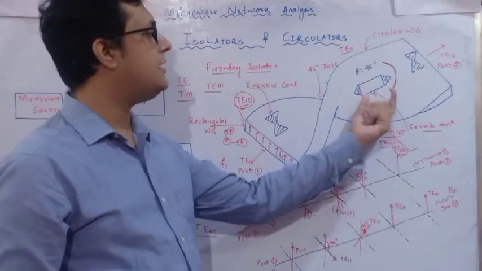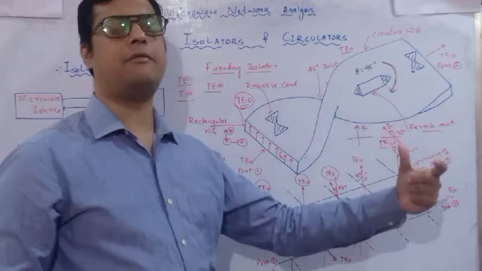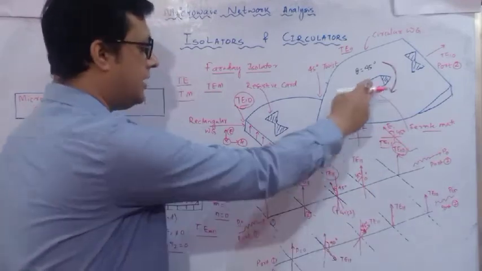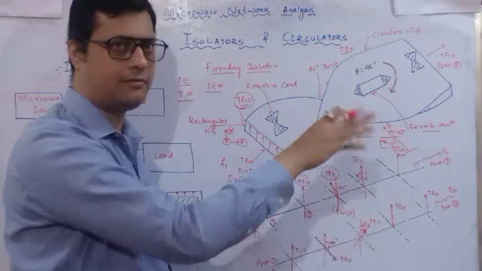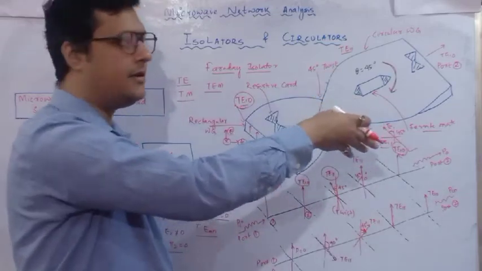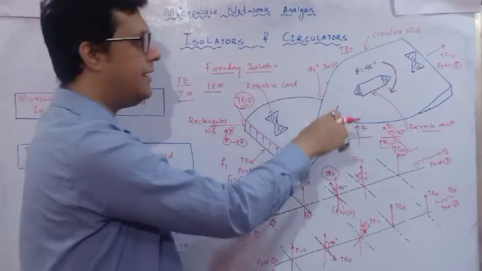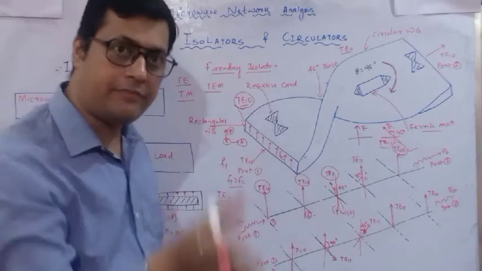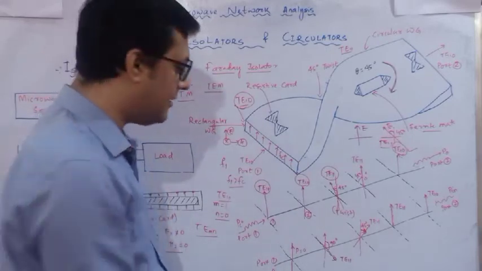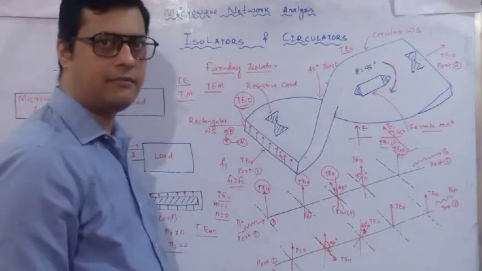The only thing is that we have to see whether this ferrite isolator is rotating our signal or not. So here, due to the presence of this ferrite material, it suffers 45 degree, meaning it is rotated clockwise. Now this 45 degree output of a cylindrical waveguide is twisted at this particular point. It will twist 45 degree more in clockwise direction. So here you can see 90 degree it was moved, T11.